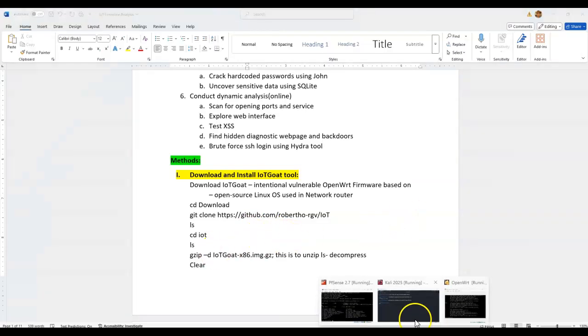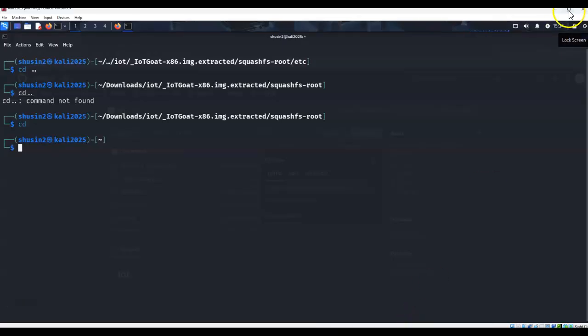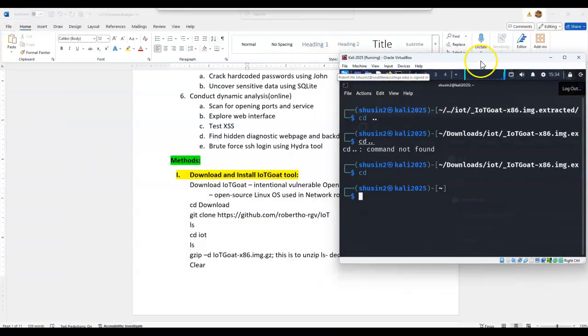Let me show you my Kali here. I'm going to go to the Downloads directory, and from there you're going to git clone https://github.com/robertho-rgv/iot. This is case sensitive, so pay attention to that.